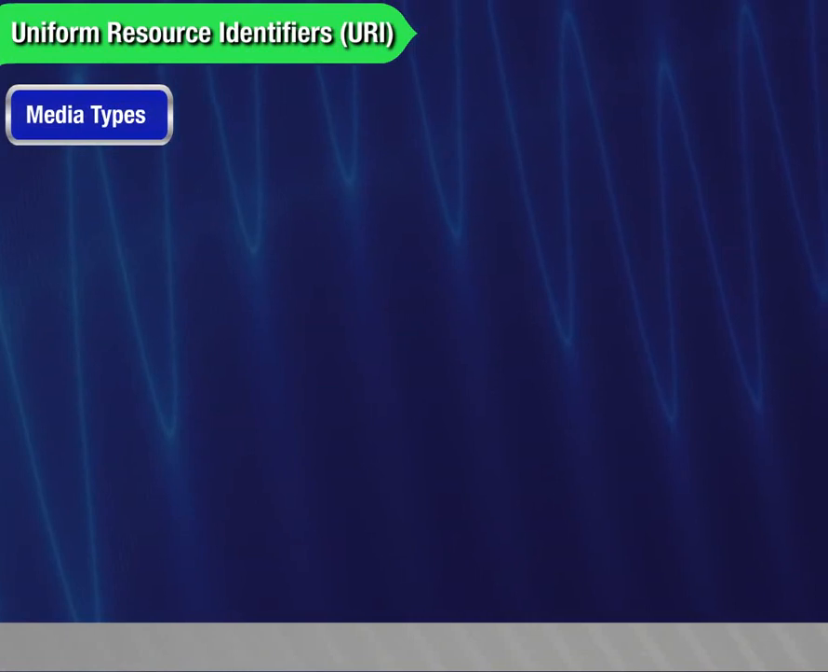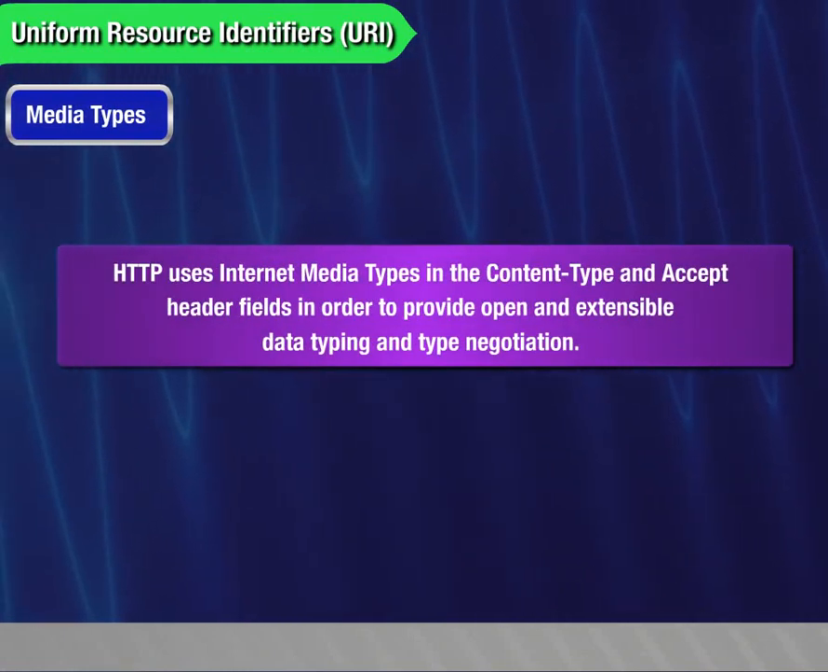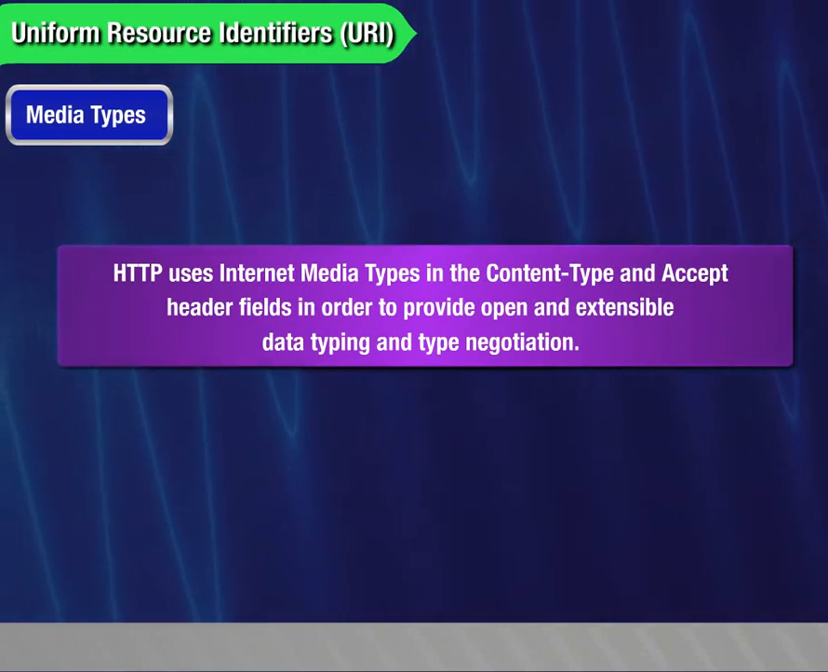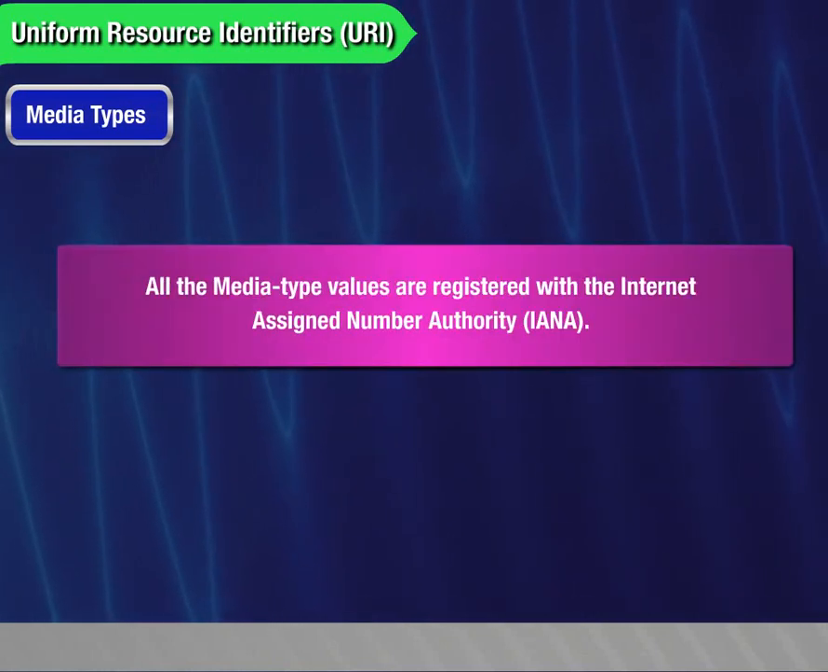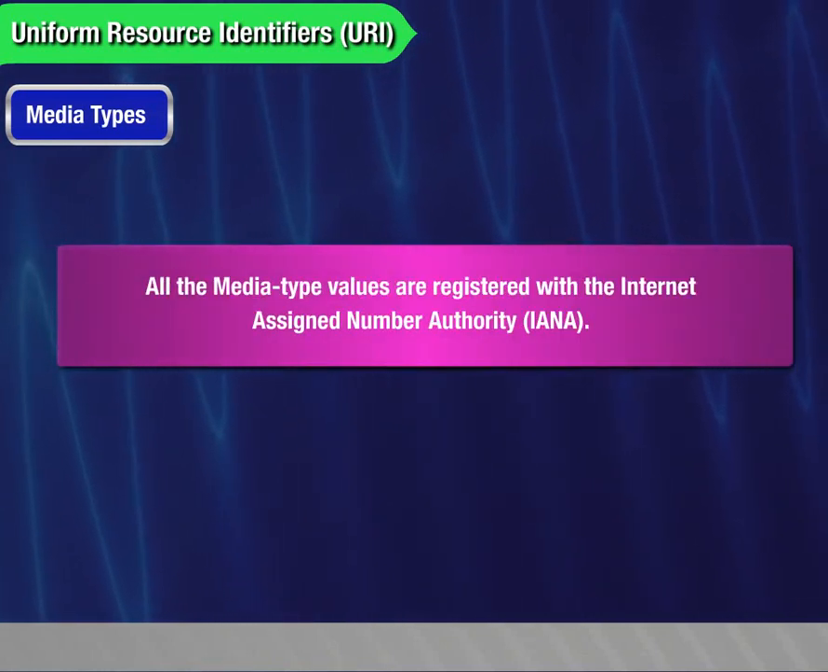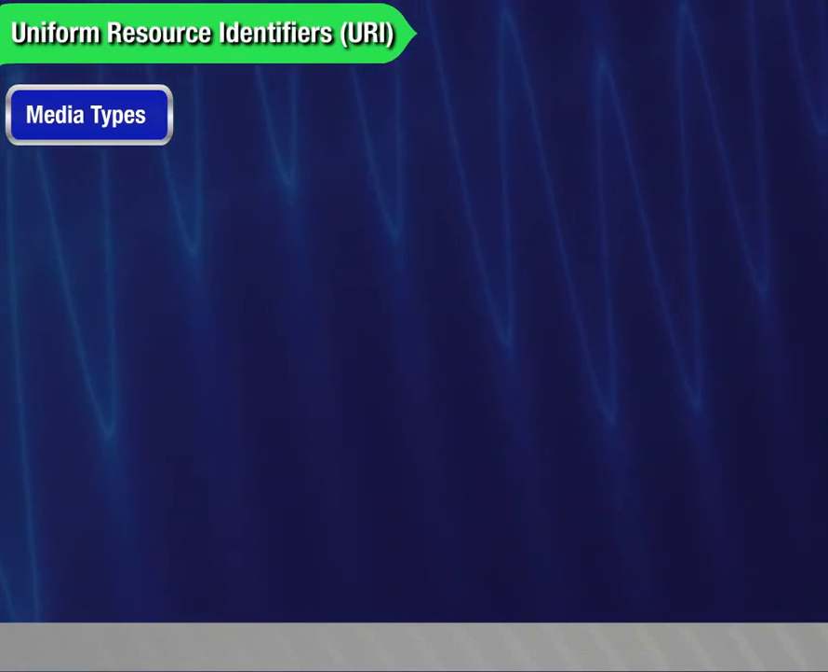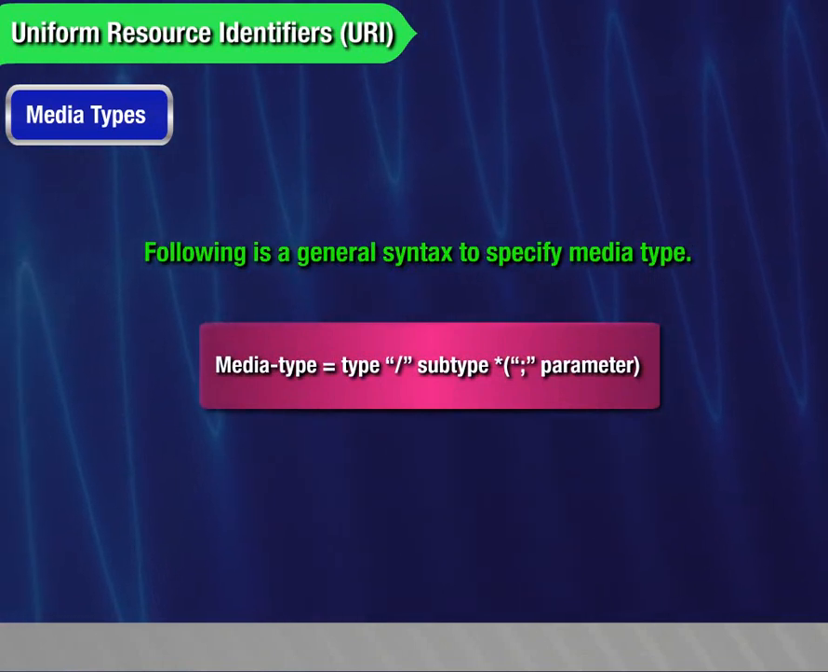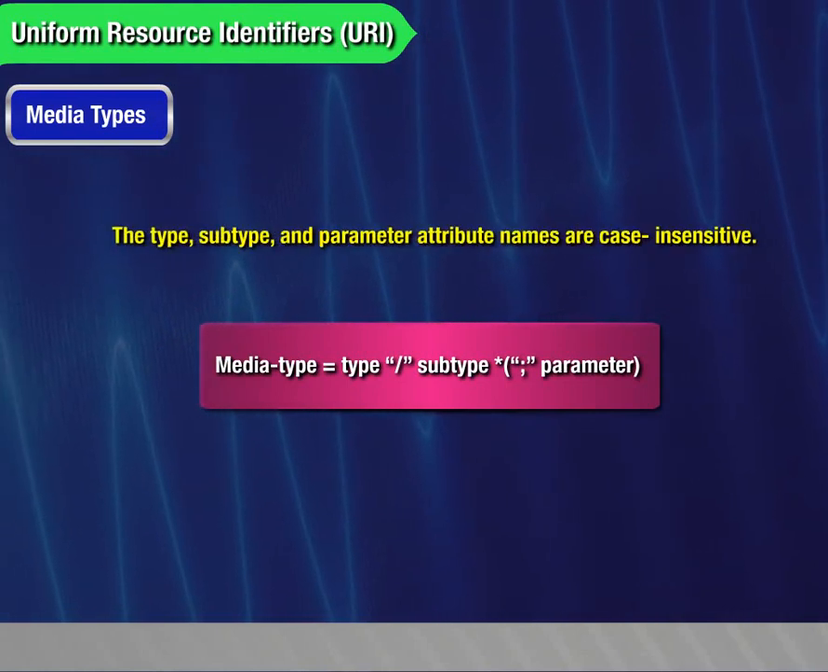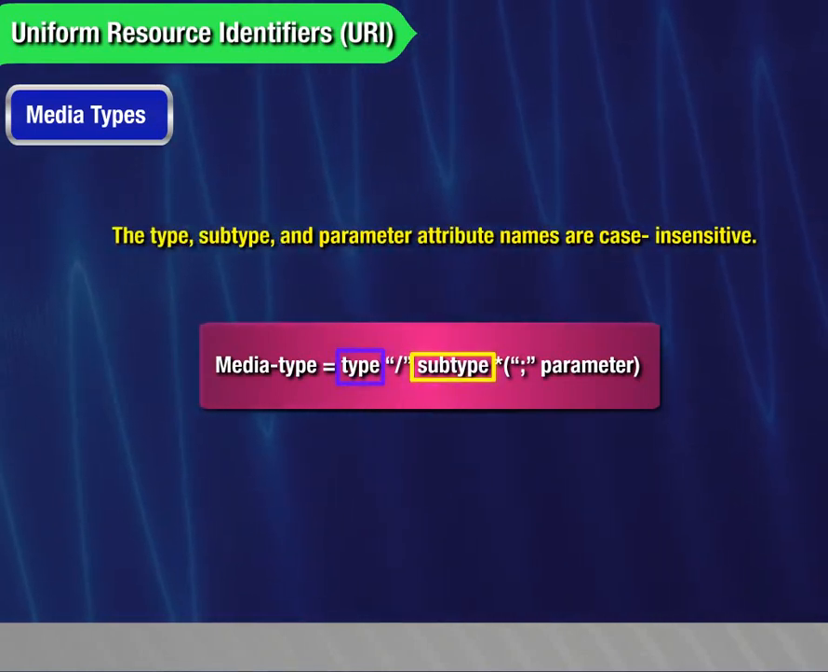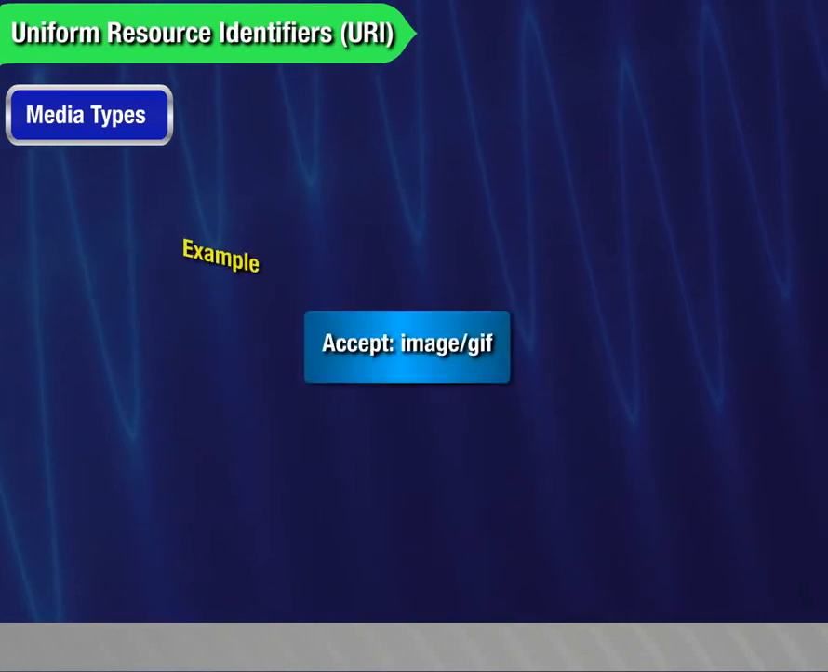Media types. HTTP uses Internet media types in the Content-Type and Accept header fields in order to provide open and extensible data typing and type negotiation. All the media type values are registered with the Internet Assigned Numbers Authority (IANA). Following is a general syntax to specify media type. The type, subtype, and parameter attribute names are case insensitive. Example: